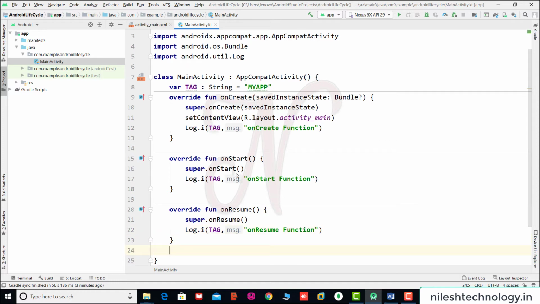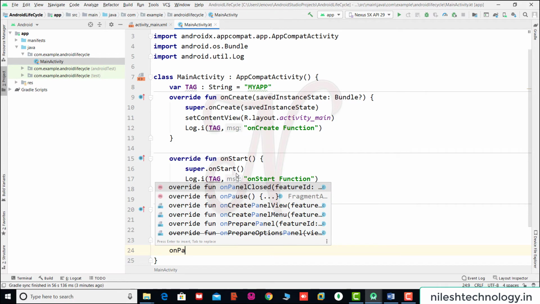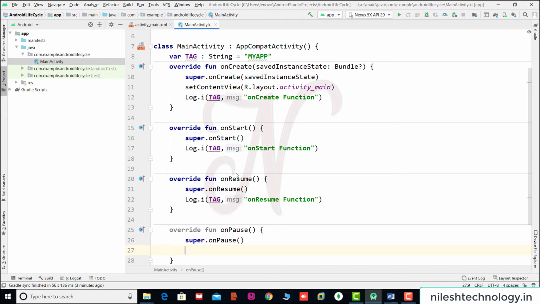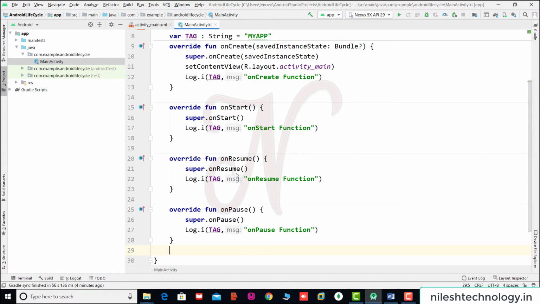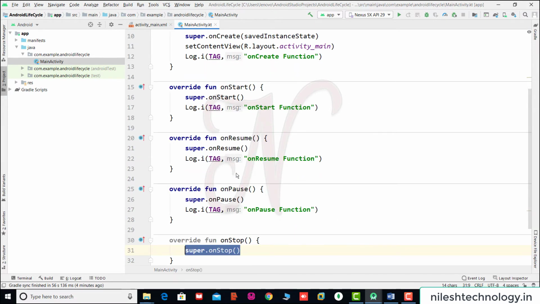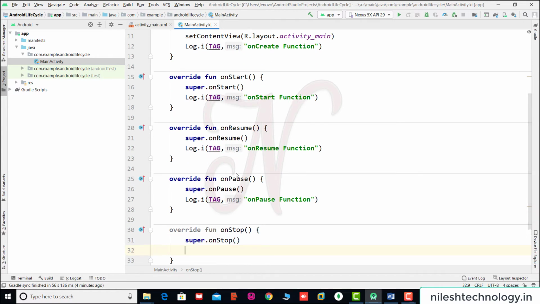Then again onPause. See here, Log.i tag, onPause function. The next function is onStop. Log.i tag, onStop function.